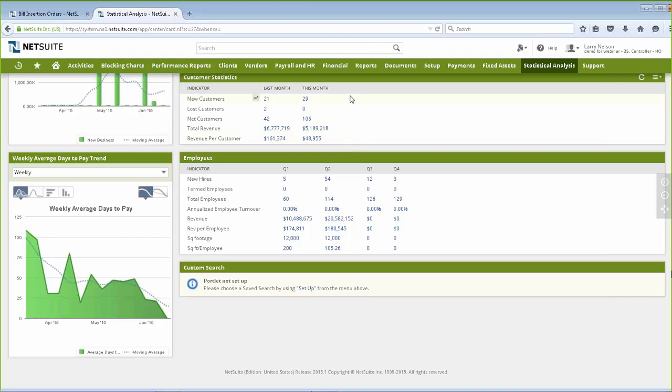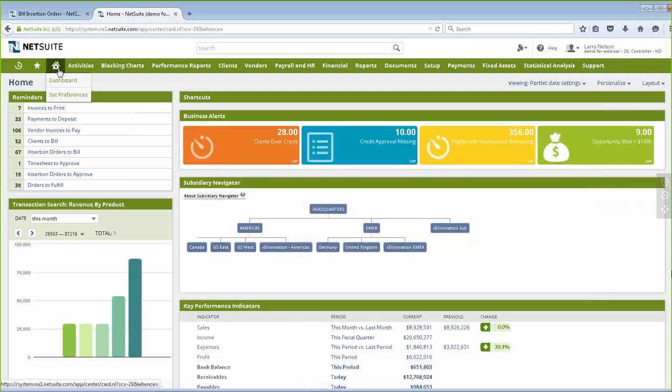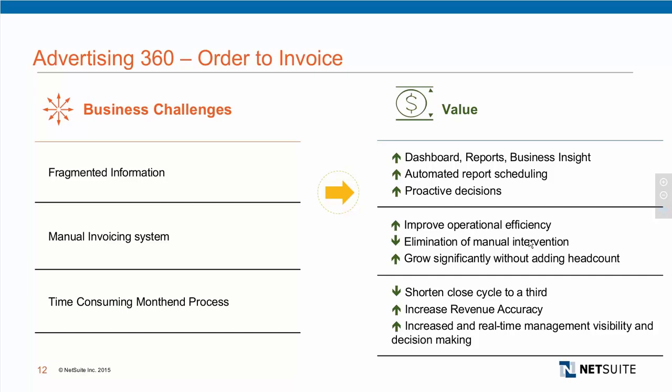So I'm really hoping that, from what you're seeing today on the finance side, you're going to see a lot of visibility on how you can get through your month-end process really quickly, how you're going to have access to the NetSuite system with all your reports, and have a lot of visibility to help you make the proactive decisions that you need to make.